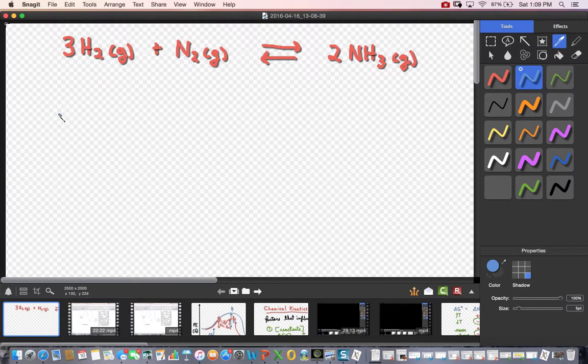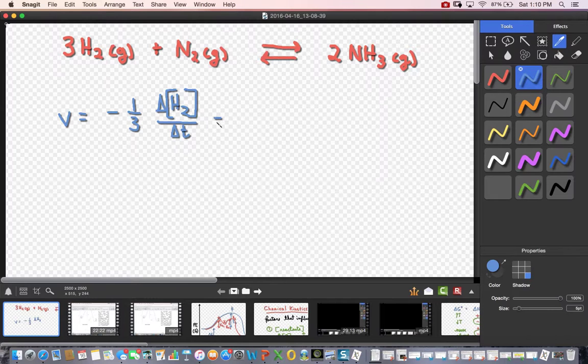The rate of the reaction would be equal to minus 1/3 the change in H2 concentration over the change in time,